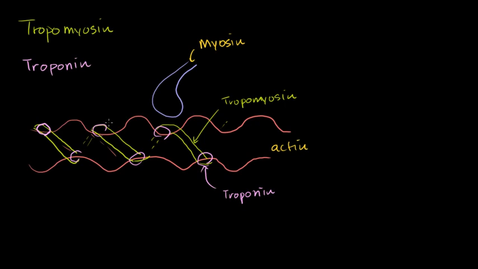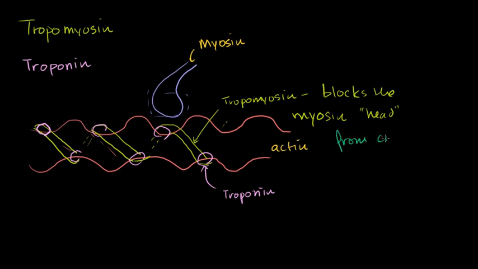so it won't be able to crawl up the actin. Or sometimes the myosin is attached to the actin, but it keeps it from releasing and sliding up the actin to keep that walking procedure. So the bottom line is that this tropomyosin kind of blocks the myosin. The myosin head, this is the myosin head that I'm talking about,